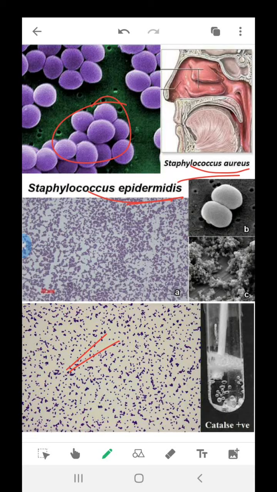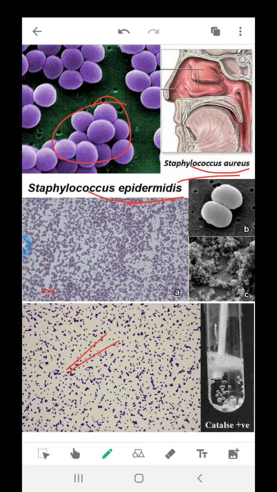Now, next point is clinical manifestation. Staphylococcus aureus causes a variety of diseases. These include local skin and soft tissue infections, invasive systemic infections such as endocarditis, sepsis, or metastatic infection, and respiratory tract infections such as pneumonia. In addition, there are toxin related illnesses that include food poisoning and toxic shock syndrome.